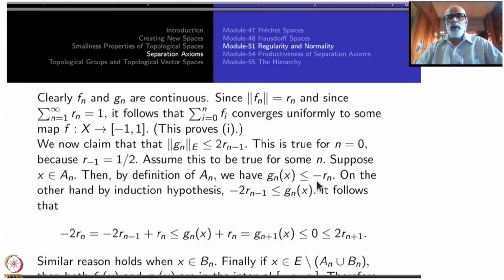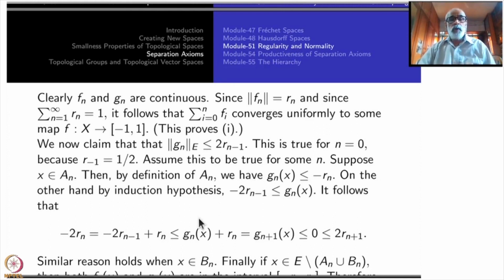So it is less than or equal to minus Rn. On the other hand, the induction hypothesis says that minus twice Rn minus 1 is less than or equal to Gn(x), and the modulus of this is less than or equal to twice Rn minus 1. This is the induction hypothesis. So if you put them together, now you subtract Fn, subtracting Fn is now on An, it is minus Rn,